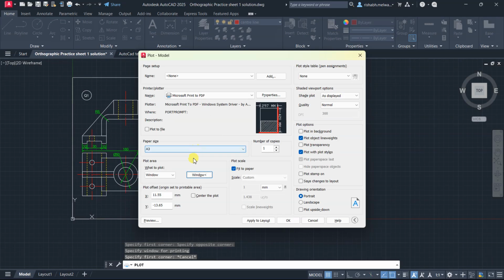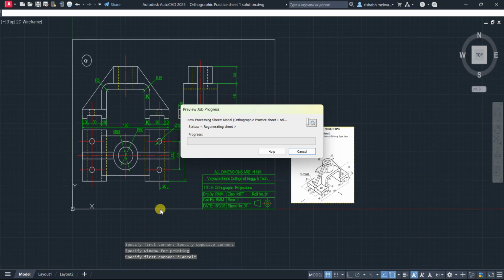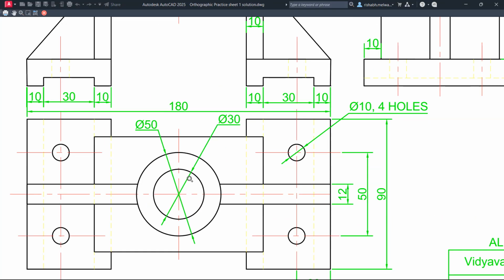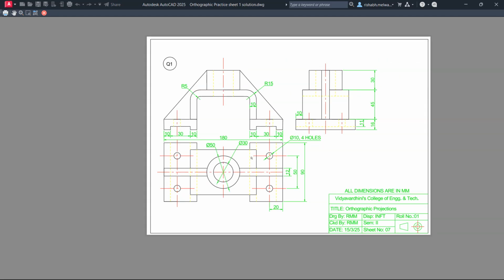Again press escape. Now click here, fit to paper, center the plot, drawing will be landscape, plot object line weight should be on, this should be on, and then in plot style, if I don't select anything, I'll keep it as it is, click apply to layout, click on preview. Now if you see the preview, there is one problem here. Since we have drawn the hidden line with yellow color, it is yellow and this is red. So if we take the printout in black and white, this yellow line will not be visible. So what we are going to do, click on close preview window,